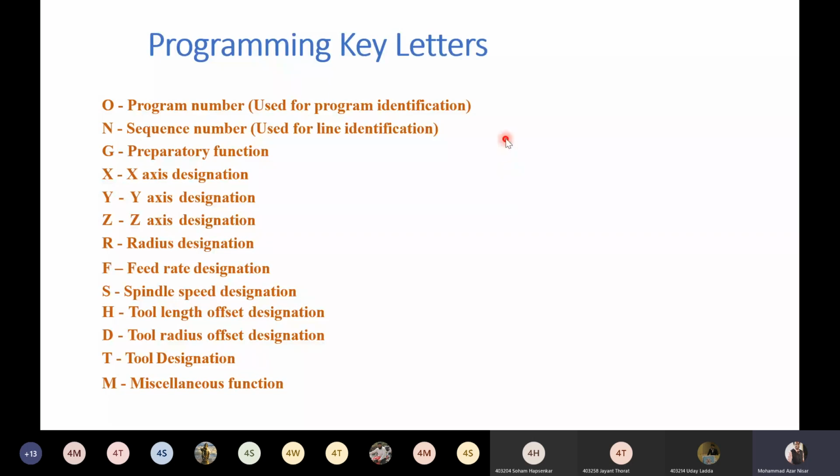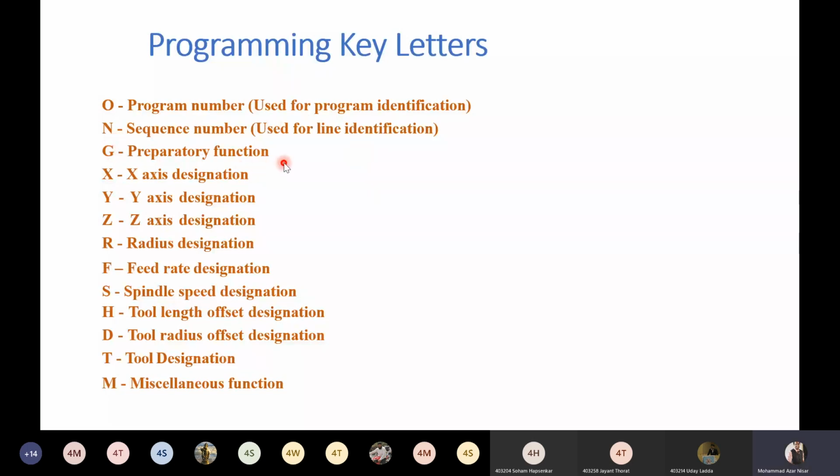Then I have a total of 9 or 10 sequence numbers, so I can edit at any time and change or insert some program blocks into that. So N is used for the sequence number for identification by the MCU.